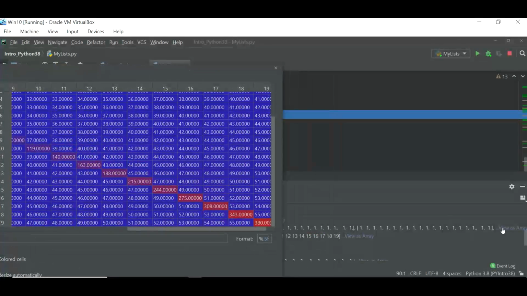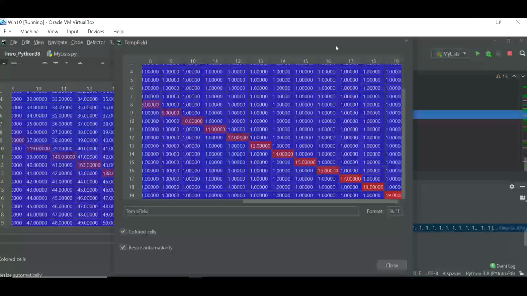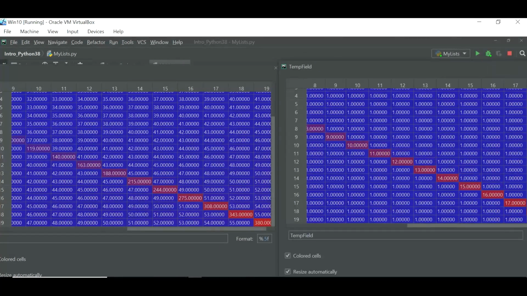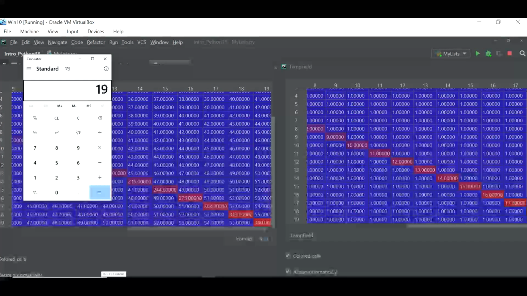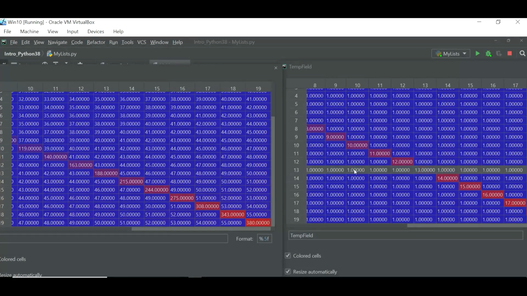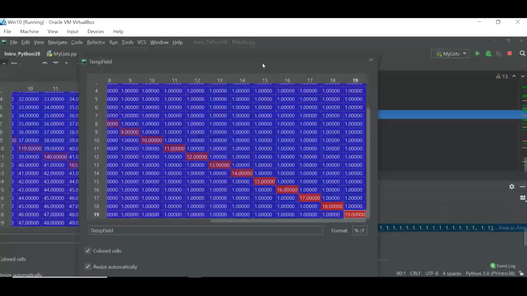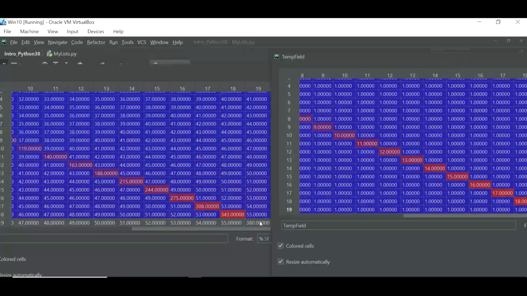So if you go to temp field, we have that 19 by 19. 19 times 19 equals 361. And you have 19 by 19. But remember, the result is not 361 because matrix multiplication is a whole row by a whole column. Therefore,